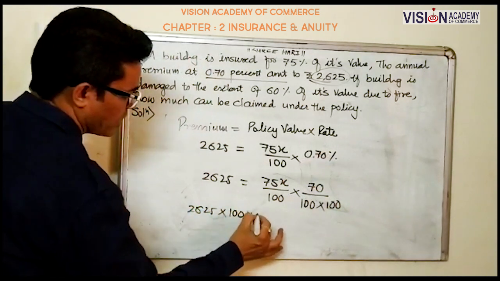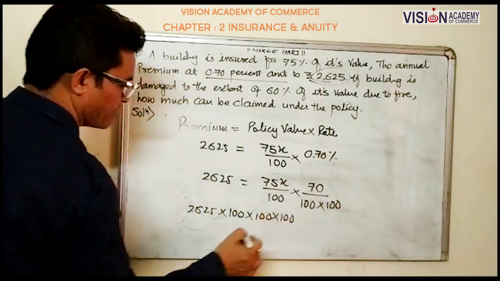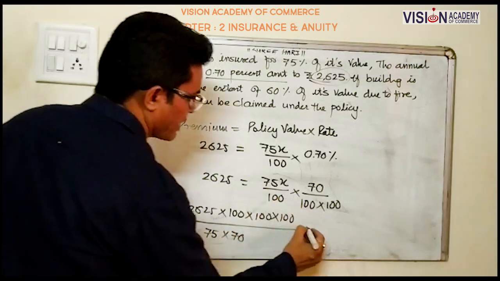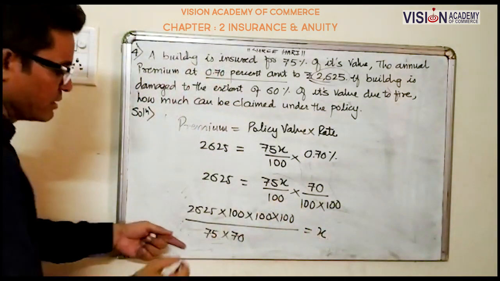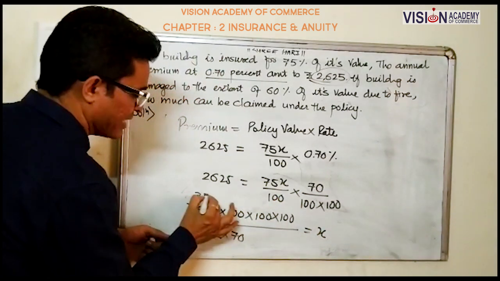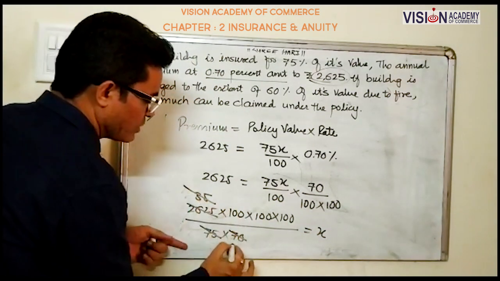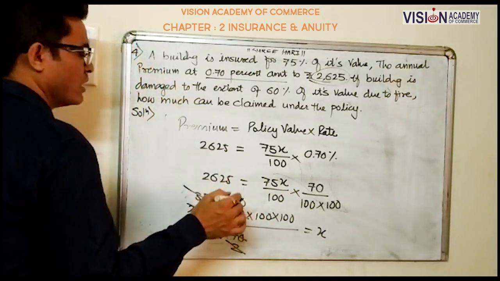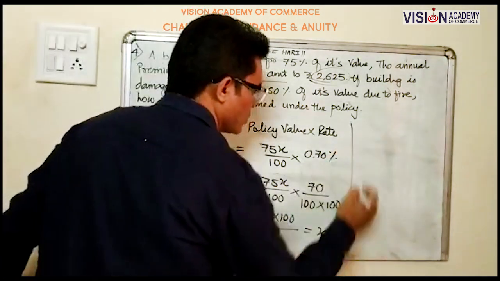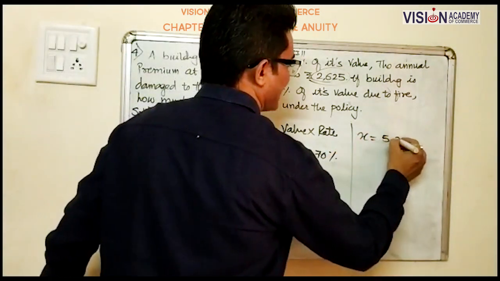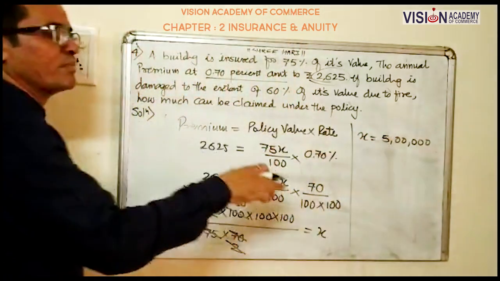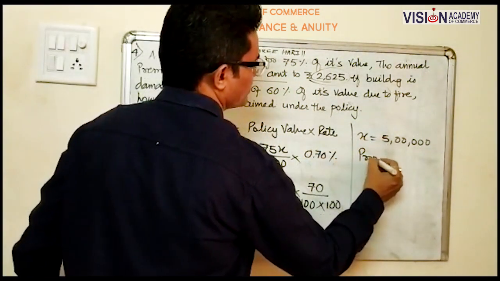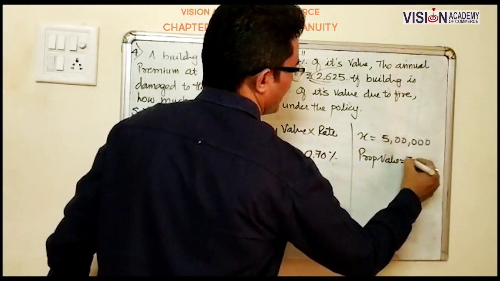2,625 into 100, this 100 from the right to left side, upon 75 into 70. For this cancellation, 75, 35. 35 2s are 70, and from 2 it comes to 50. 50 into 100 into 100, it comes to X is equal to 5 lakhs. We already assumed X as the property value. So your property value is rupees 5 lakhs,